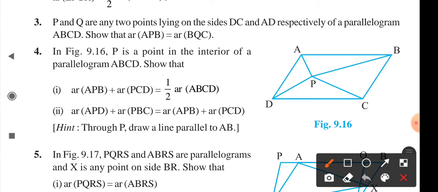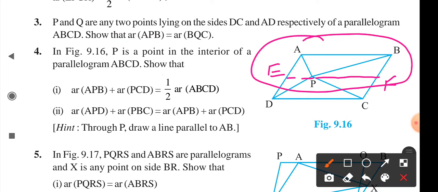So see, first what we will do is a construction in which we will draw a line which is parallel to AB. You can give it the name EF. So the EF line is parallel to AB, hence it will definitely be parallel to this one. You can see that these two lines will be parallel to each other. If you see only AEFB, you can see that the area of APB is equal to half of the area of AEFB. We can write it like that.